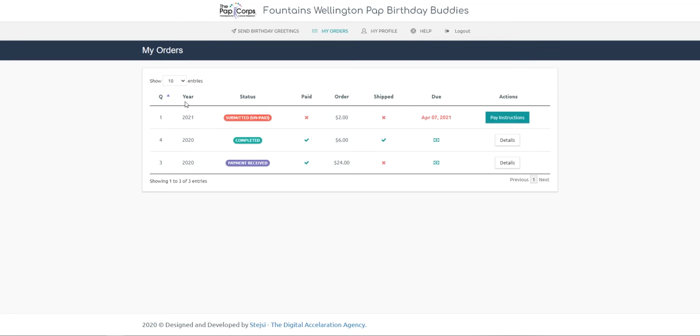and in what year, and if it's paid or not paid, and you can see when it was received as well, and then how much the order was for, if it's been shipped, and the ones that have not been paid for yet, they have a due date. So you can see this one is due at this date. This is just an example, completely fake data, and these two were already received,